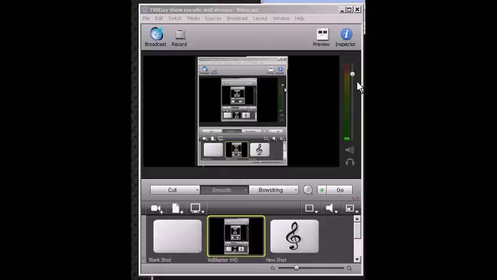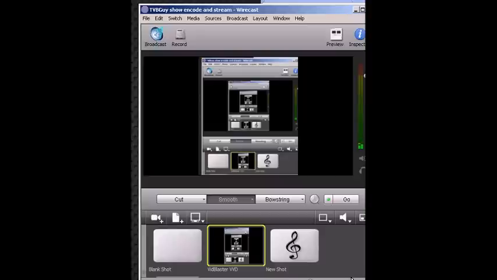And then the volume meter here for audio shows you the volume going out over the internet. Down below in this lower section, and again, I'm not a Wirecast guy yet, so you'll have to bear with me. This is where you would switch your cameras.